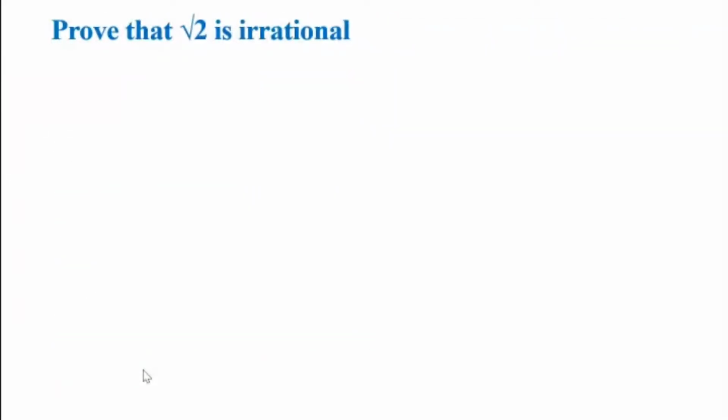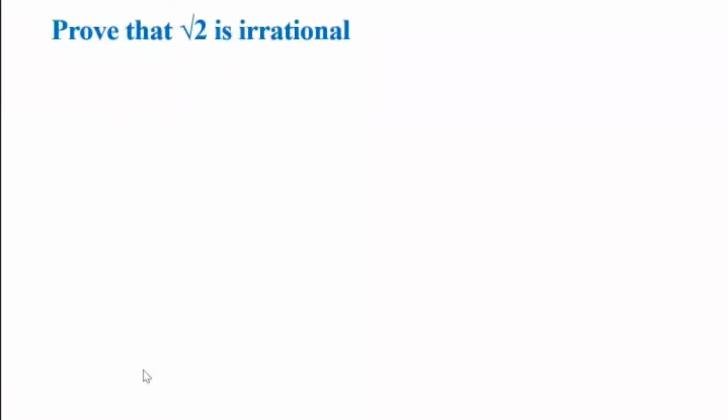So first, a very important question that can come for 3 marks, and you have been getting it in the previous years' board papers, is to prove the numbers like root 2, root 3, root 5 as irrational numbers, or the numbers like 2 plus root 3 to be irrational, or 2 plus 3 root 2 to be irrational, or let's say 5 root 2 to be irrational. One of these kinds has been coming regularly in your board exams. So this is again quite a favorite question of the paper setters: prove root 2 is irrational.